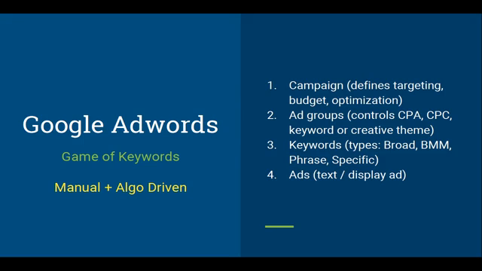Google AdWords is essentially structured in a pyramid format, and the pyramid starts from campaigns, right? The campaigns essentially define the budget, what kind of optimization you want to do, and what kind of results you want to achieve. So for example, if you want an app install campaign, you will do a universal app install campaign. If you want a search campaign, you will do a search campaign. If you want a display campaign, you can do a display campaign, right? So where you are trying to reach the user, what's your budget, and what kind of bidding you want to do is controlled at the campaign level.